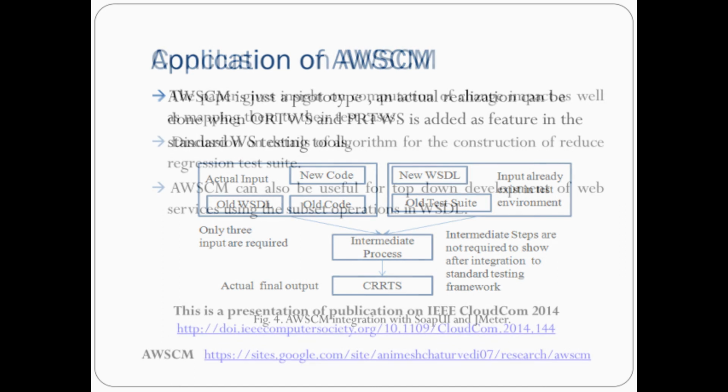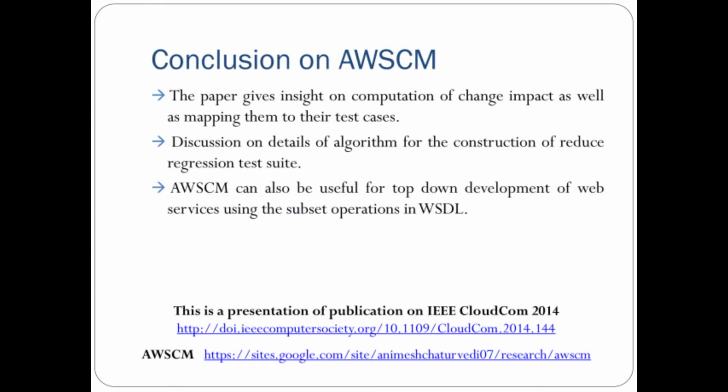Next, the conclusion: we have given insight on the computation of change impact analysis and mapping of these test cases, how these test cases are mapped over the change impact of the code which has undergone changes. Then we discussed the algorithm for construction of the reduced regression test suite. We discussed the details of that algorithm, and we constructed that RRTS,